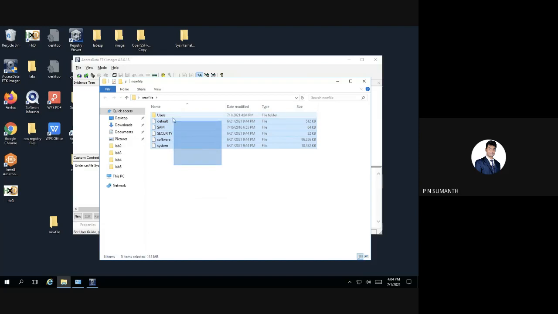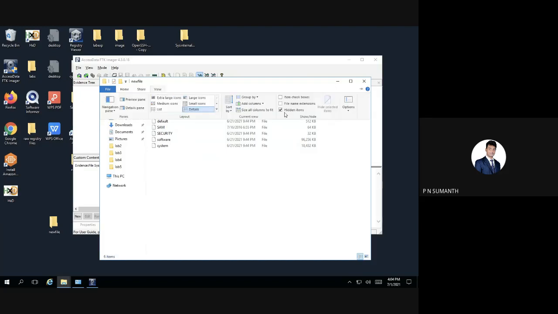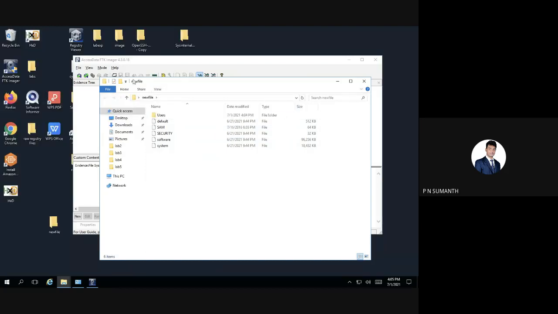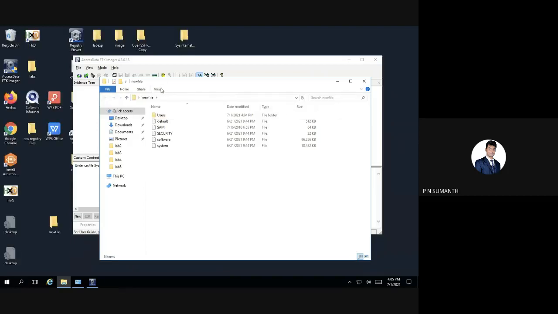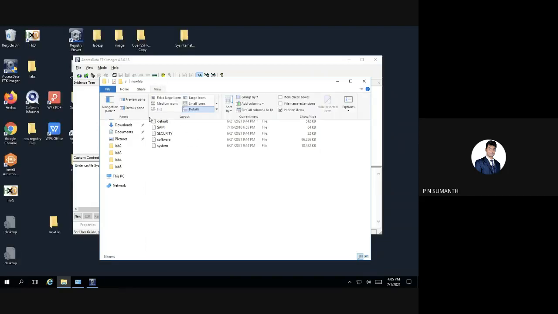All the five roots that are there, all the five classes, all the file types will be available here, and you have to check this show hidden items. Make sure that it shows all the hidden items. Sometimes some files are hidden by the Microsoft system itself, so most of the files will not be visible.